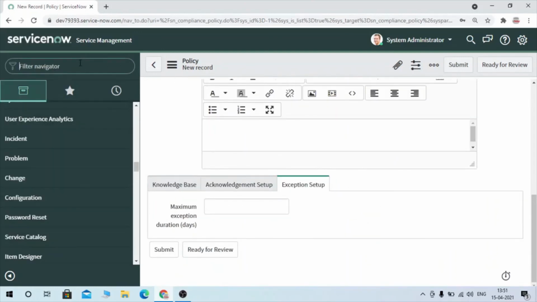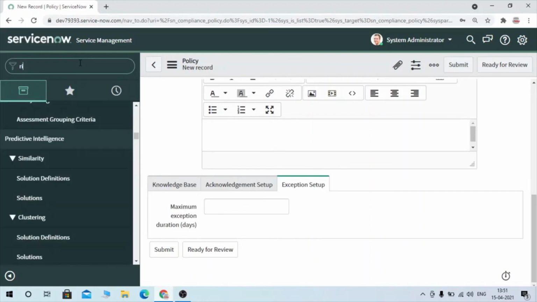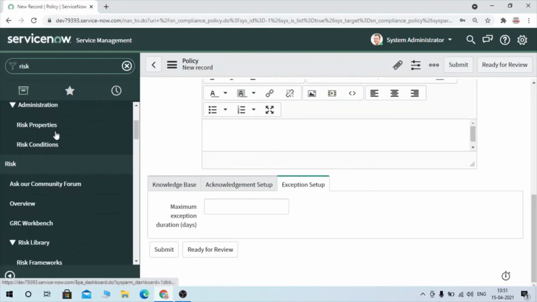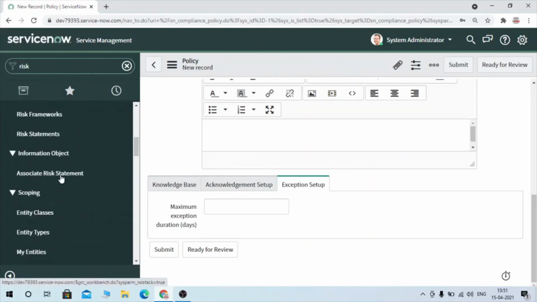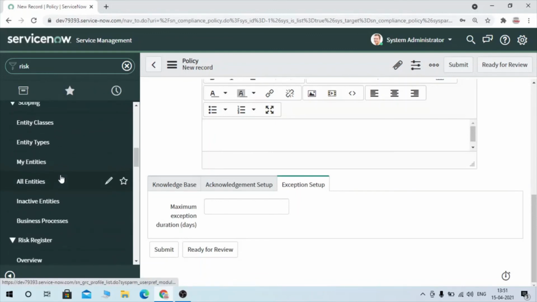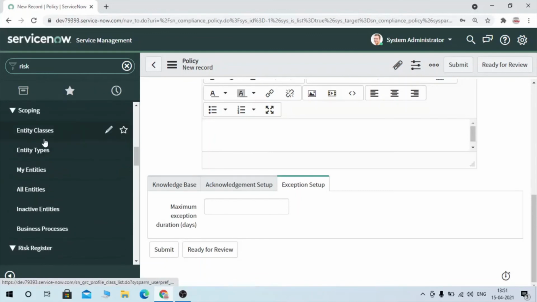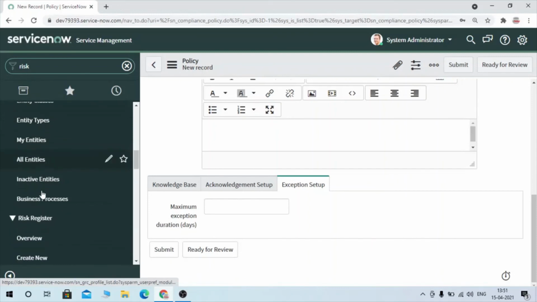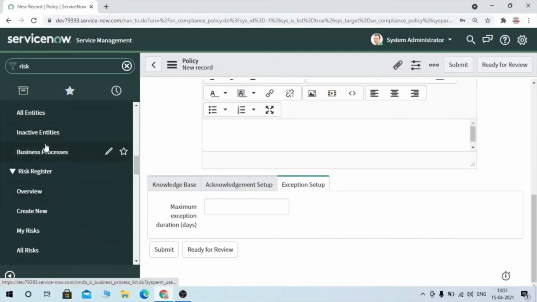Now let's go to risk management. You can see here these are the risk modules. We have scoping, entity classes, types, my entities, all entities, inactive entities. These are quite important modules in risk management.